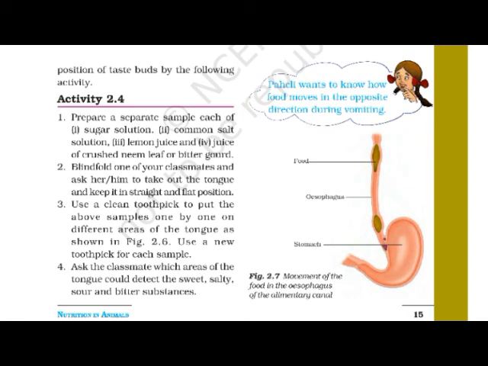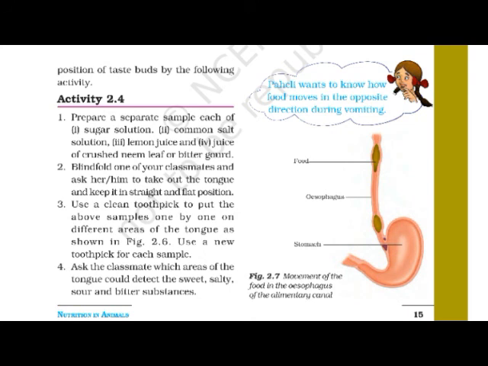Okay, now the second one, what is the role of hydrochloric acid? The hydrochloric acid kills many bacteria that enter along with the food. Hydrochloric acid actually has many roles. Out of that, number one is it kills the many bacteria that enter along with the food. When we eat something, bacteria also enter the body from that food, and along with the bacteria many harmful germs also. So the bacteria and germs are killed by the acid.